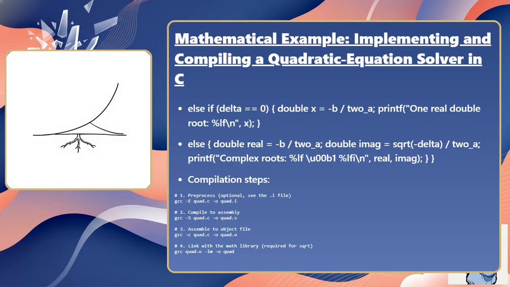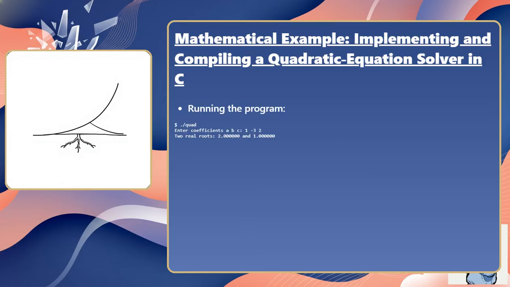Compilation steps. Step 1, preprocess, optional: gcc -E quad.c -o quad.i. Step 2, compile to assembly: gcc -S quad.c -o quad.s. Step 3, assemble to object file: gcc -c quad.c -o quad.o. Step 4, link with the math library, required for square root: gcc quad.o -lm -o quad. Running the program,